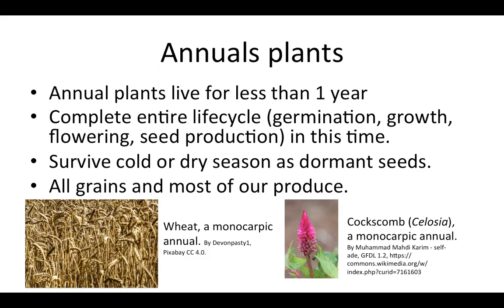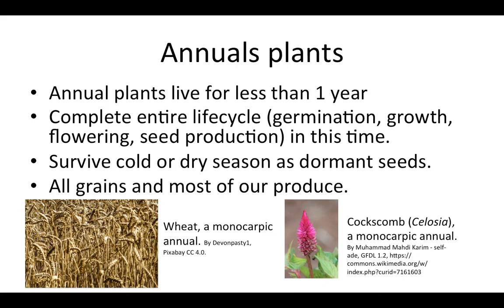Related to the distinction between polycarpic and monocarpic are annual, biennial, and perennial plants. We'll start with annuals. Annual, as the name implies, means 1 year, so an annual plant is a plant that lives less than or up to 1 year long. That means it completes its entire life cycle, germinating from seed, growing and developing, flowering, making seeds, and dying within this time period. An advantage to this is that it doesn't have to figure out a way to survive cold